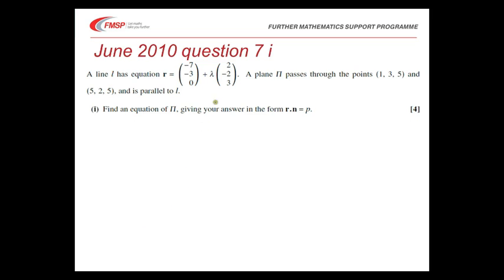So in the first part of the question, you're asked to find the equation of the plane. Now you're asked to find it in the form r.n = p, in terms of a normal to the plane. Well, a normal to the plane is going to be normal to two non-parallel vectors in the plane. So we need to find two vectors in the plane. Well, it's parallel to this line, so here's one vector,